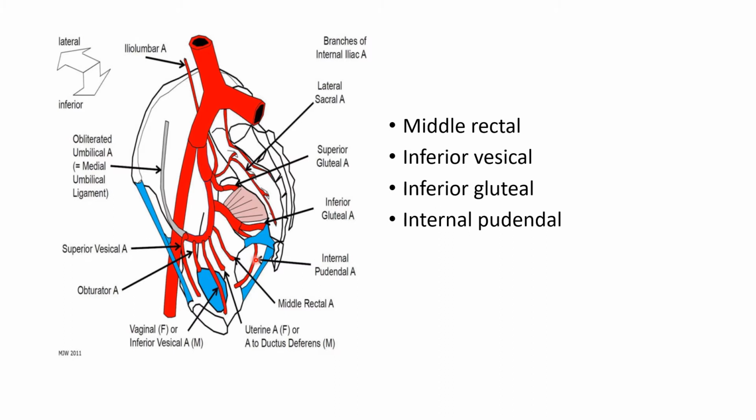So the middle rectal artery: each artery passes downward and medially through the pelvic rectal space within the lateral ligament of the rectum, and supplies the lower part of the rectum and provides a few twigs to the bladder and the seminal vesicle. The third one is the inferior gluteal artery.